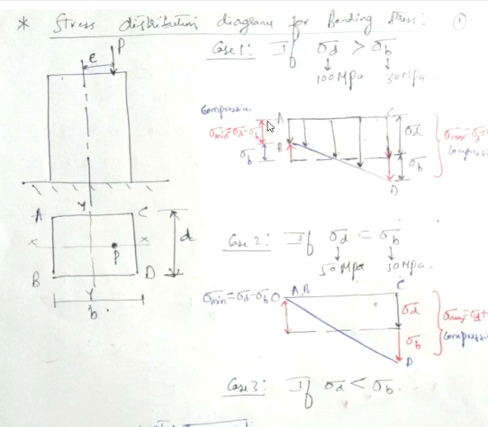So it will be direct stress minus bending stress. Direct stress was this, from here to here, minus bending stress, that is, it is going to subtract. So after adding direct stress and bending stress, I am going to get this point. So this is the final point here. From here I am going to join this final point. So for here the final point is this one, and for here the final point is point B.